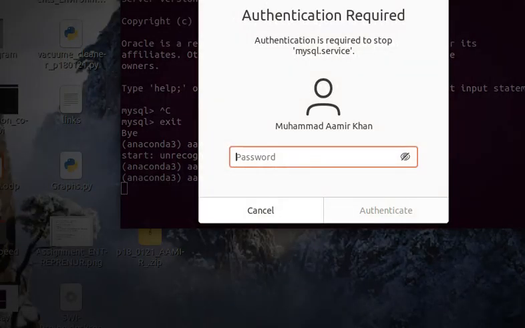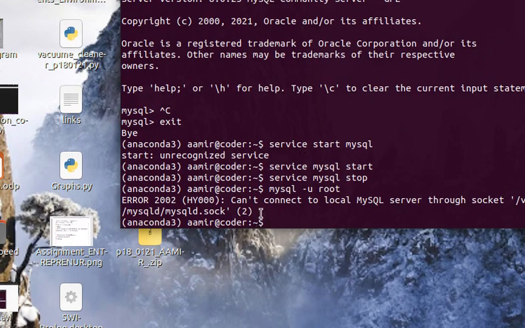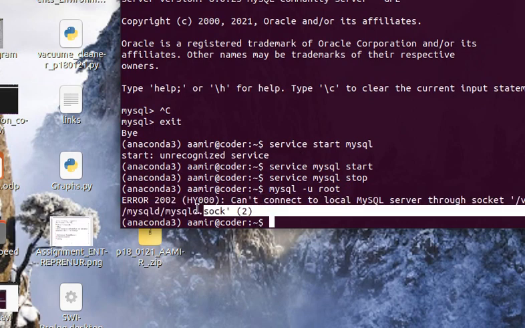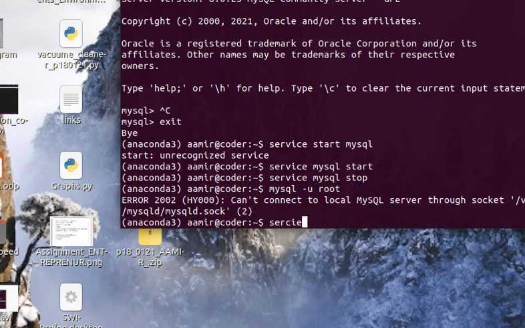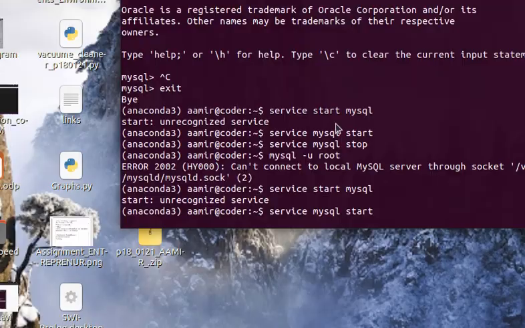If I now type mysql -u root, it will show this error: cannot connect to local server. So if you get this error, you have to start the MySQL service first. So now MySQL is started.